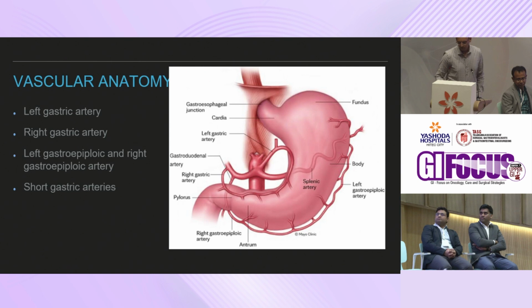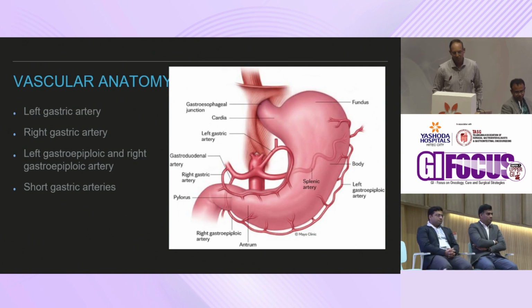Now, as with any organ, we try to talk about the vascular anatomy first, as the stomach is a very highly vascular organ, and it is mainly supplied by 4 vessels. And the first main artery is the left gastric artery, which is the predominant supply. It arises as a direct branch from the celiac artery. It meets with the right gastric artery, branches in the lesser curvature, which in turn arises from the common hepatic